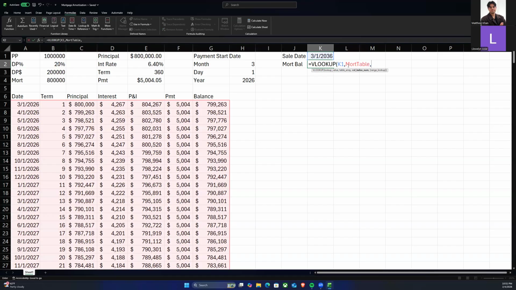Then it says, okay, in that mortgage table, if I find it, what do you want back? We're going to want the balance back, but you can't type in the word balance here. You have to count the number of columns starting from the date. So we're talking about one, two, three, four, five, six, the seventh column, right? Close that,